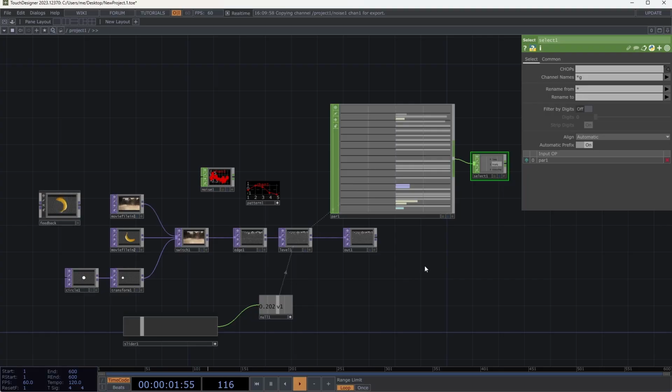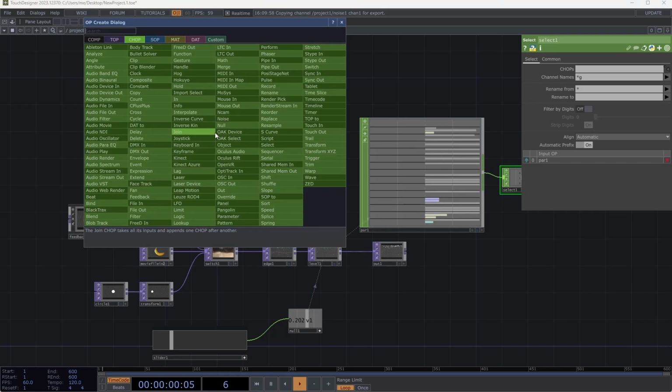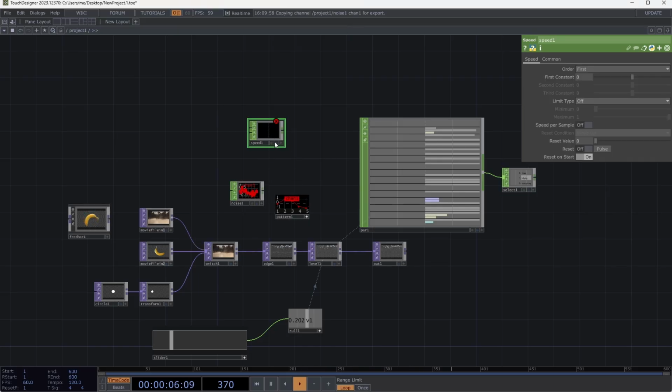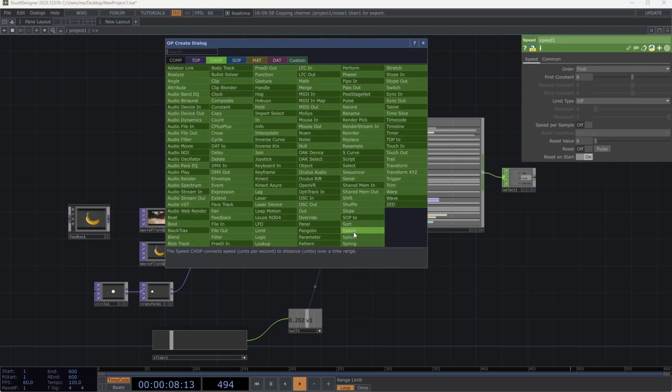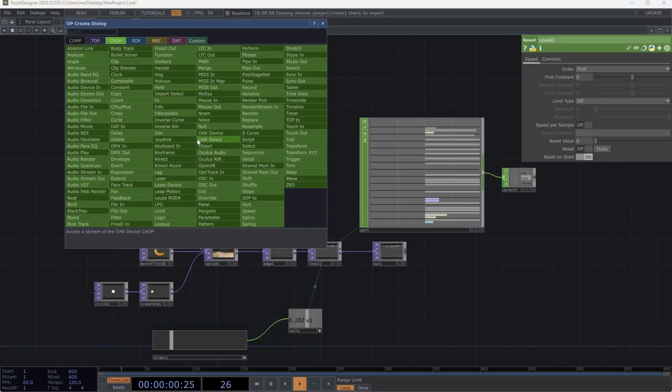Parameter, speed. So just in thinking about LFO and noise as sources of channel data, real simple numbers that can come across. Speed is another one. With speed, again, this is like a name that doesn't necessarily make sense, and the description doesn't even make sense. Let's look at the description. It says speed converts speed units per second to distance units over a time range. Yikes, it's hard to understand what that might mean,